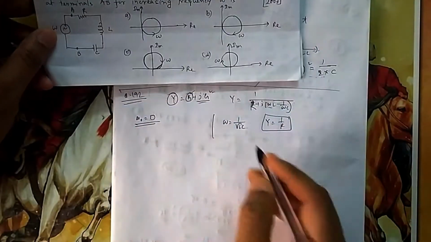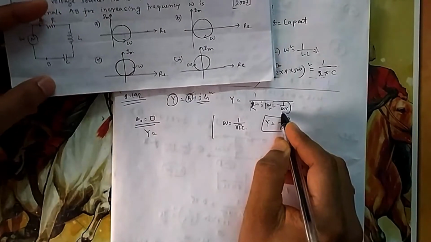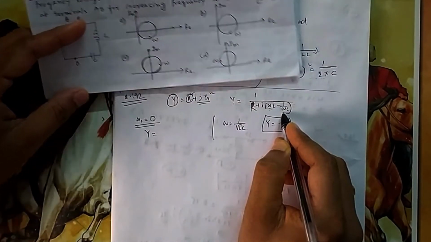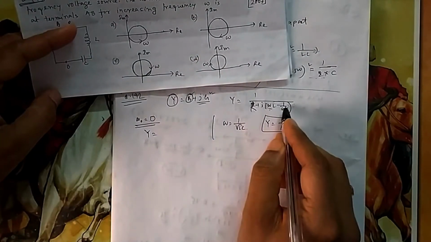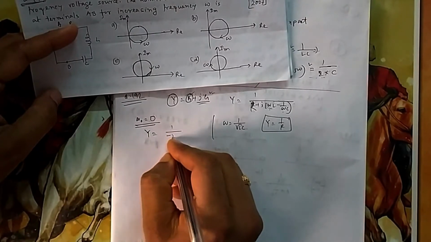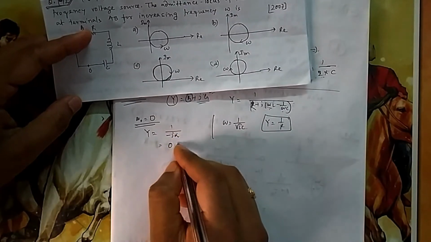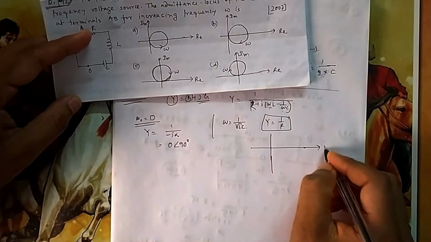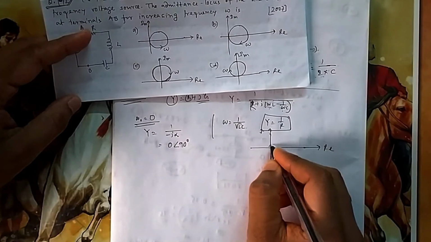At omega 0, what will be the admittance angle? If you put omega equal to 0, this is 0, 1 by 0 is infinity. And what will be the value of this one? Because in that case R will be negligible, since it will be infinite. So in terms of infinite, R will be negligible. So it will be minus j infinity, something of this fashion. So what will be the magnitude? 1 by infinity is 0 and the angle is 90. So magnitude 0, angle 90. Now how do you think 0 angle 90 will be? Obviously we know 0 at angle 90 is here, somewhere in the upward direction.